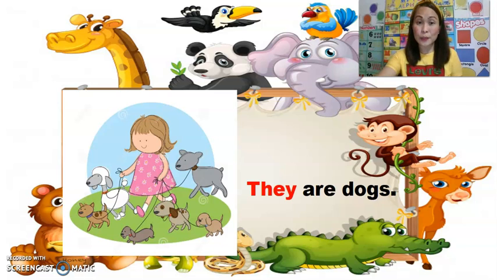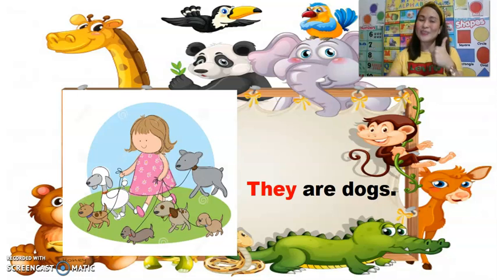As you can see, there are so many dogs, right? So we will say they are dogs. Again, they are dogs. Now, why do we use the word they? Because dogs are many. As I have told you a while ago again, we use the word they when we are referring to many objects or many animals. Since dogs are animals, they are many, so that's why we use the word they.